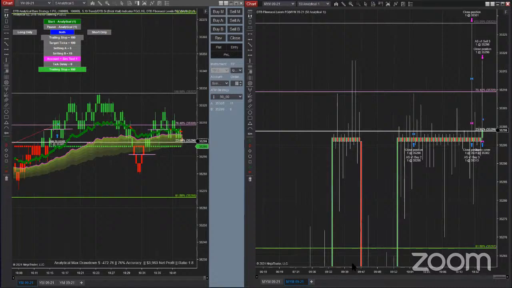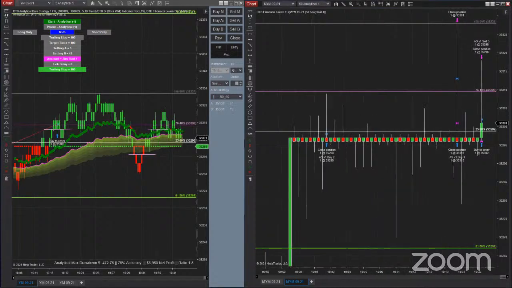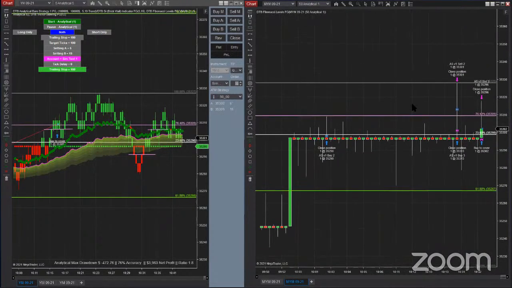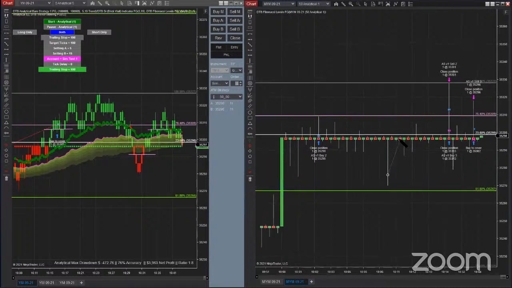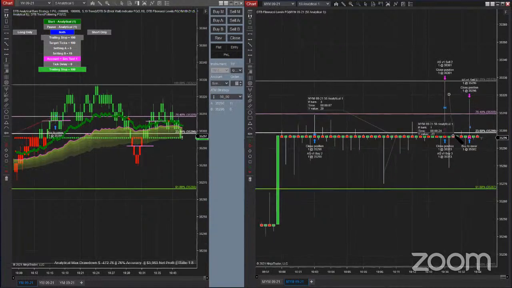opportunities to take where the price returned back to the baseline. So we had all these wicks happening. These could be just little positions where you can take trades back to the baseline, like that. You've got small little 15, 20 tick type of situations where you can enter positions,